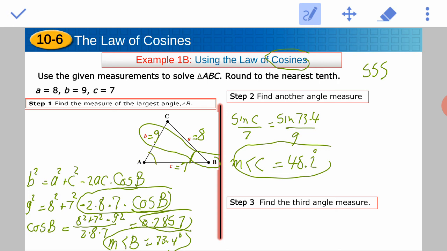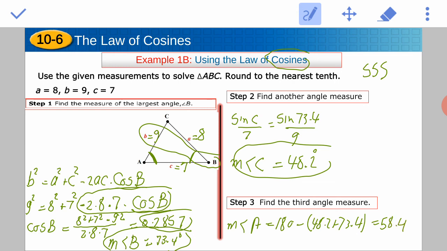No need to use the law of cosines or the law of sines one more time. You can just use the triangle sum theorem. Measure of angle A is equal to 180 minus the sum of the two angles, 48.2 plus 73.4. If you put that in your calculator, you will get the measure of angle A. It's going to be